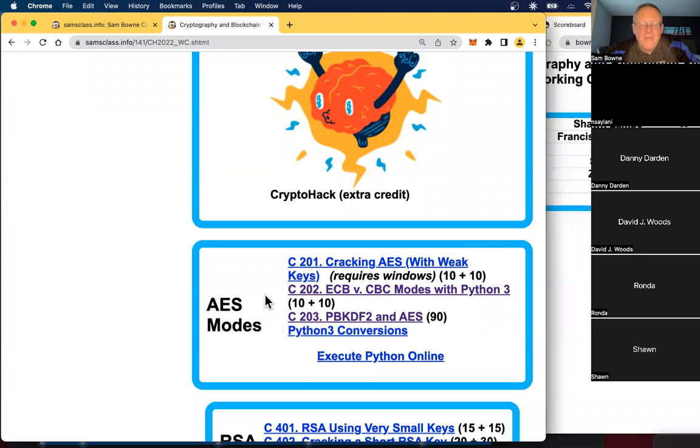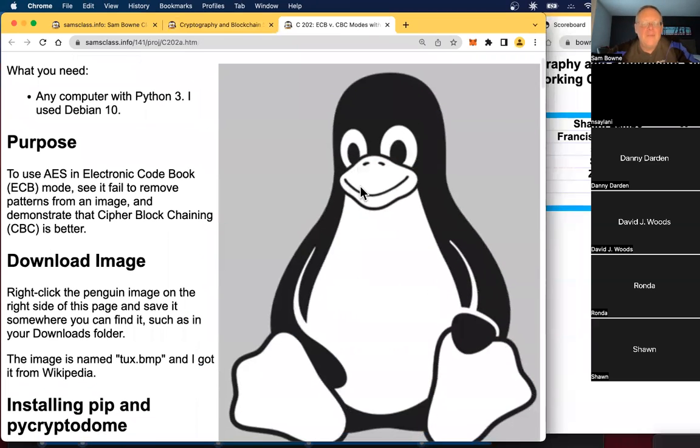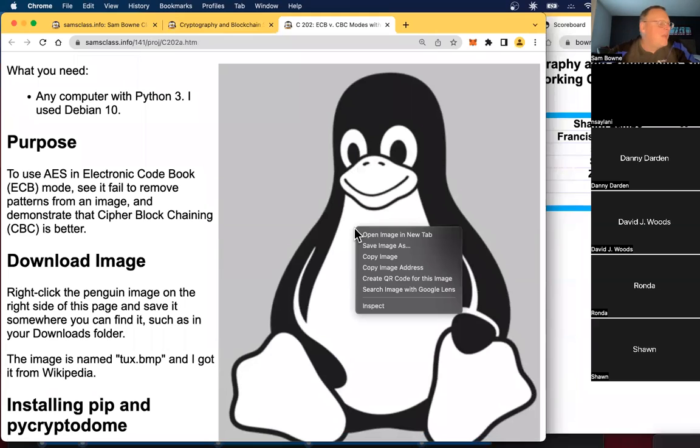All right, let's talk about this one, ECB versus CBC modes, which is a very famous one that you often demonstrate with this image of Tux. So I'm going to save this image. It's just a simple bitmap file. I think any version of CrypTool might work, but if you're going to do the CrypTool projects, they